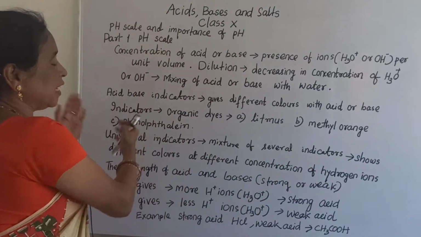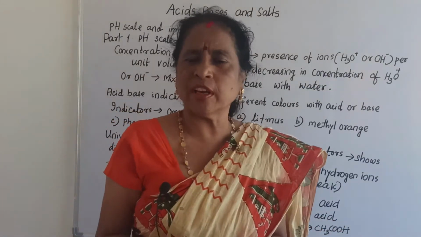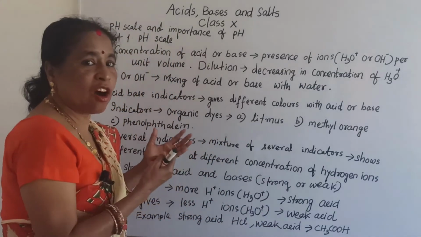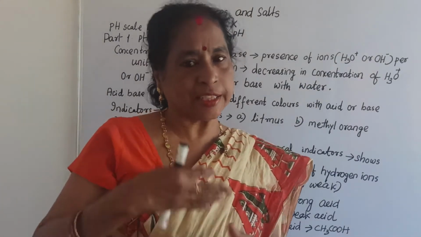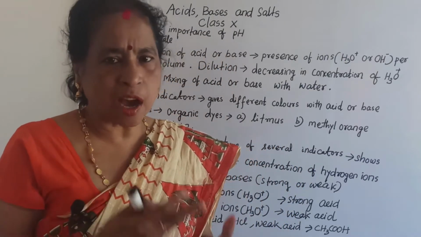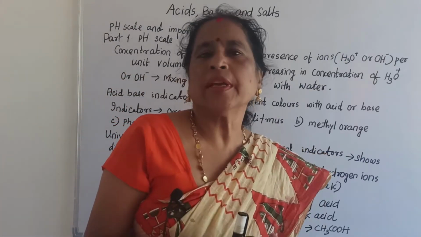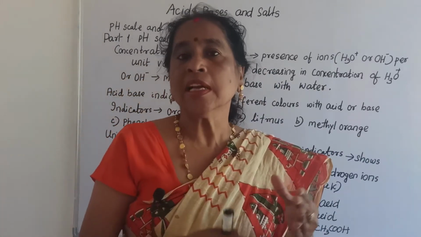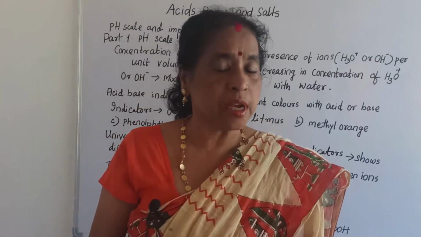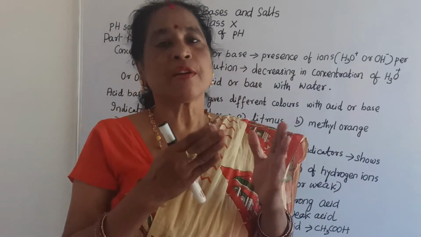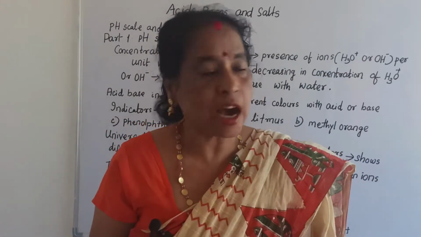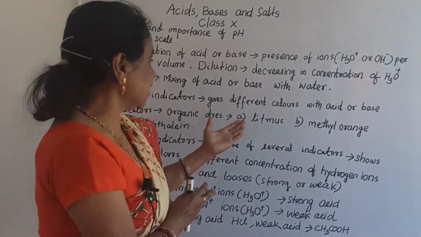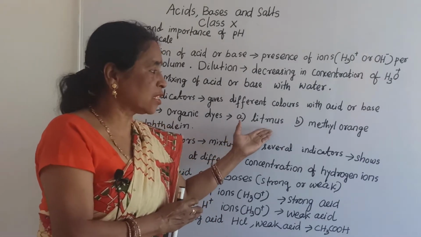Let us see what is indicators. Indicators are nothing but a chemical substance. It is only one type of organic dye. Organic dye, organic, you know what is organic. Later we will see what is organic. But now you can know the organic compound means consisting of hydrogen and carbon. Nowadays organic word that is changed to hydrocarbon. What is a hydrocarbon? That means it consists of hydrogen and carbons. So you can say this is an organic dye, and here there are three types I told already: litmus, methyl